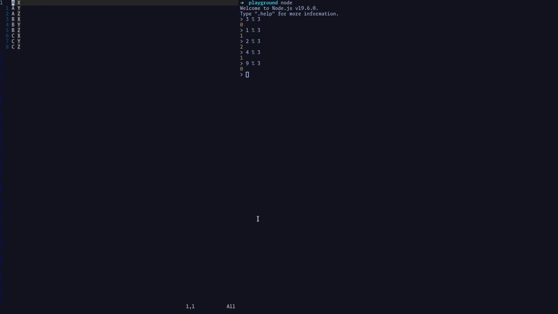Okay, so let's see how we can implement this. Take a look at the first column, the one on the left. You can see that we have categories: AAA, then BBB, then CCC. Because we have access to each line number, we can use that line number and divide it by the number of categories we have. That way, we can get access to the value of each hand move. And for the second column, we can just apply modulo to limit the number in a specific range. All right, now let's see how we can do that.